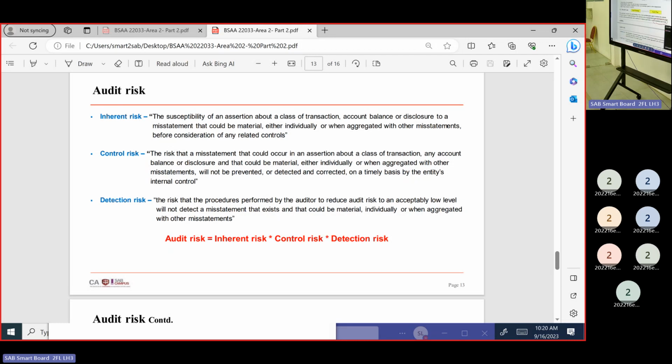Because of that, there's a doubt about this control, whether it's happening or not. Then you can feel that there's an inherent risk. We put a control, we have a doubt about this control, whether it's happening or not. That is the control risk. Inherent risk is what? Without changing the control, there's a doubt, it's a high risk area, whether this value is correct or not, whether this item is there or not.